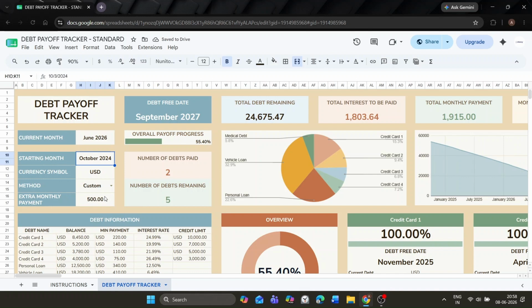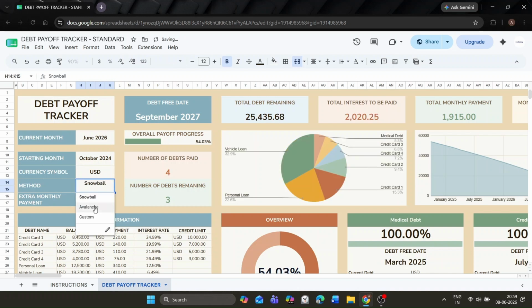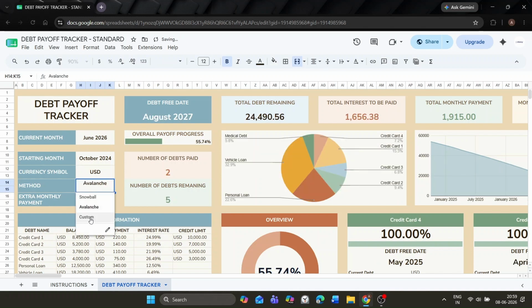So below that, there is currency symbol. You can enter whatever currency symbol that you want to enter. It can be GBP, it can be Euro, it can be CAD, it can be USD. It can be whatever you want it to be. Below that, there are methods. You can choose from Snowball, you can choose Avalanche, or you can choose your custom